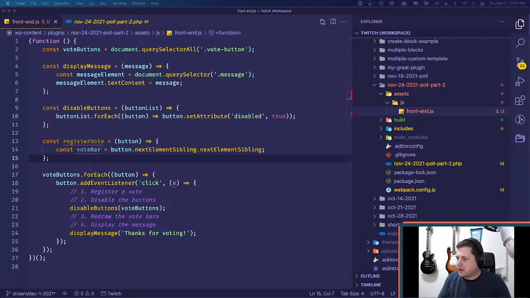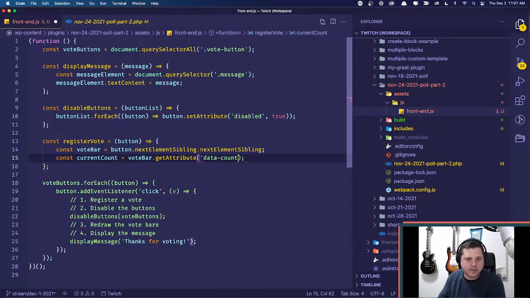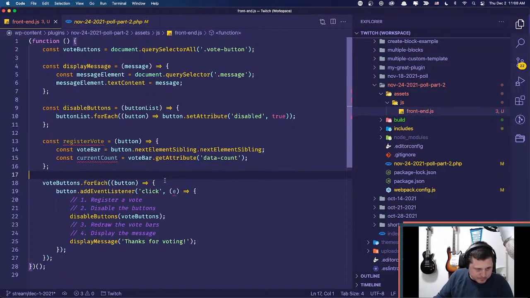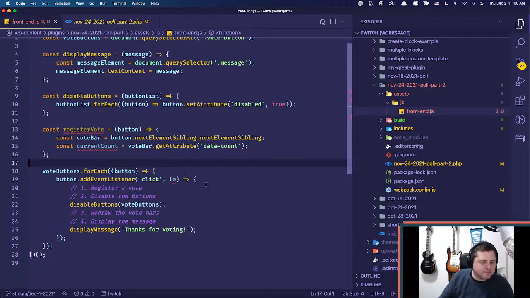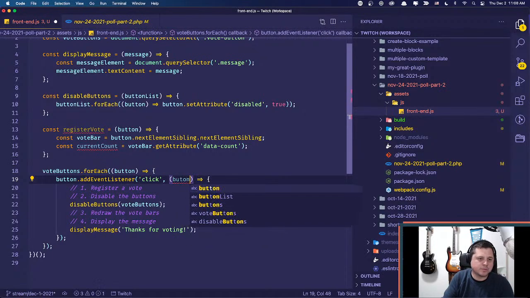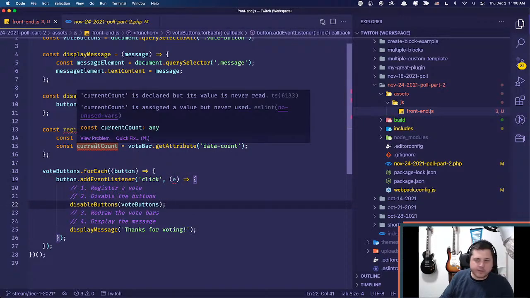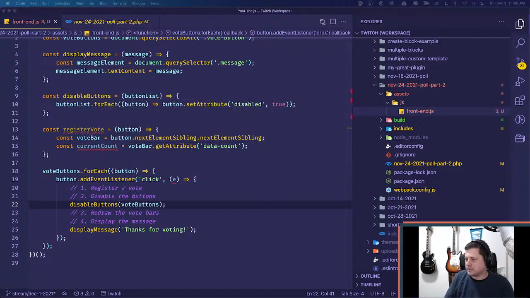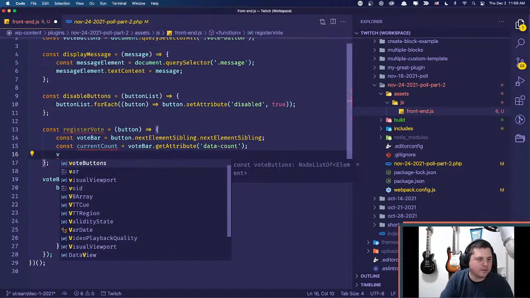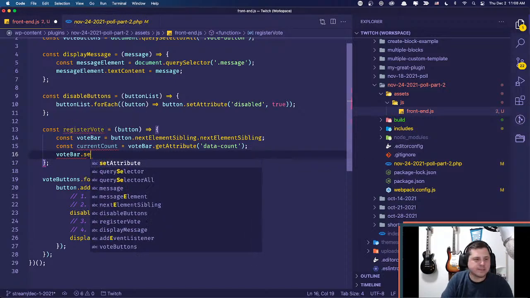And then I want to get the current count of that from the vote bar, right? So we got this current count. All right, no, it is the E. I want to pass, sorry, I'm messing that up there. Okay, so we got the current count. Then we want to basically set. So then I'm going to take the vote bar, and I'm going to set the attribute of